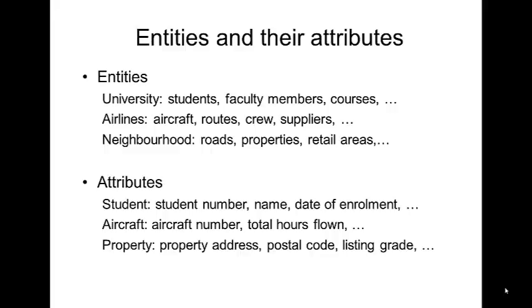These various entities can have attributes associated with them. So within the university system, the student entity may have attributes that define the student number, their name, date of enrolment, etc. The aircraft entity in the airlines model might have an aircraft number, the total hours flown by the aircraft, and various other attributes. A property